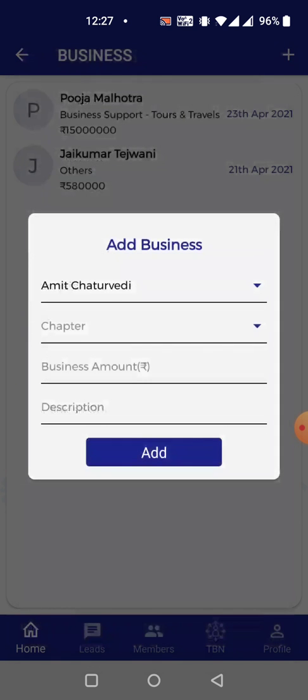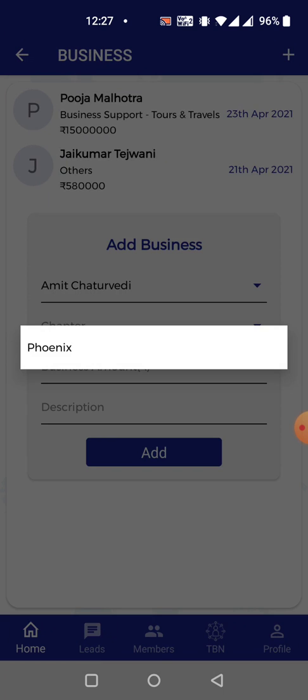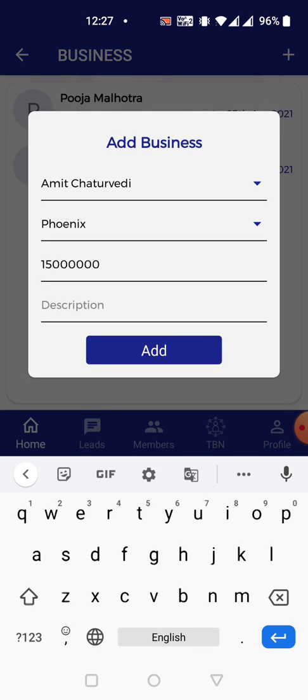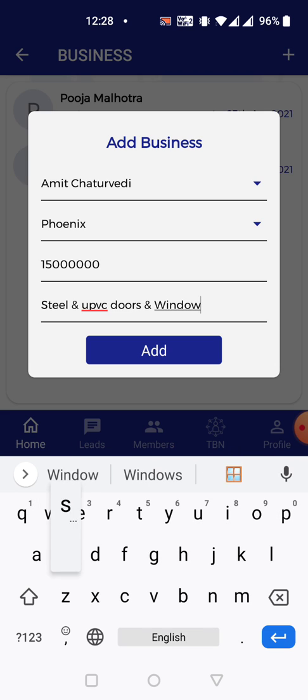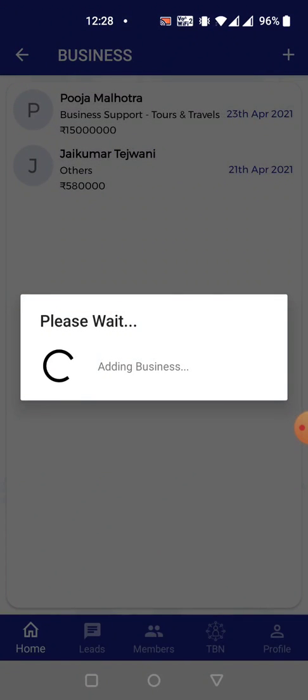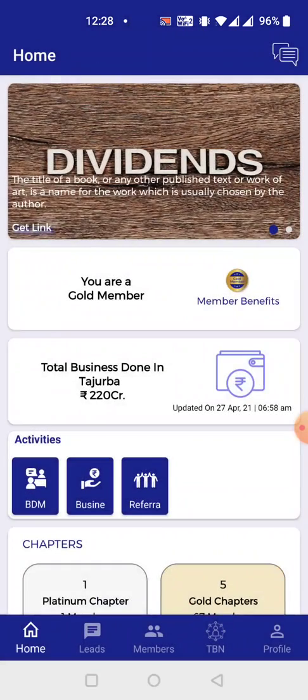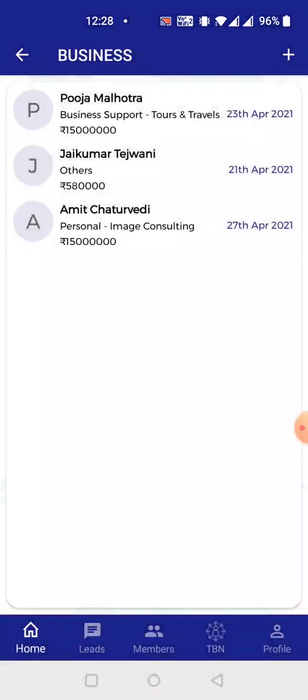Supposedly Mr. Amit Chaturvedi passed a referral to me, and I've closed that business for say 15 lakh rupees, and that was for steel and UPVC doors and windows. I'm thanking Mr. Amit Chaturvedi for a closed business of 15 lakhs of steel doors and UPVC windows. Done. Business added successfully. Whenever I refresh the screen, I'll see the amount right over here. There you go, 27th April.